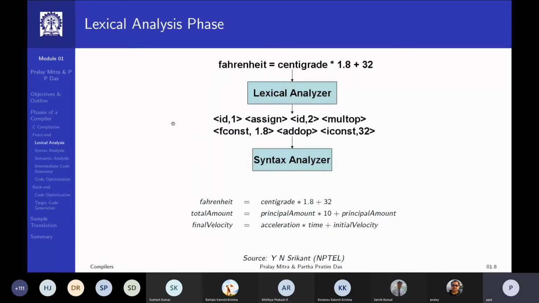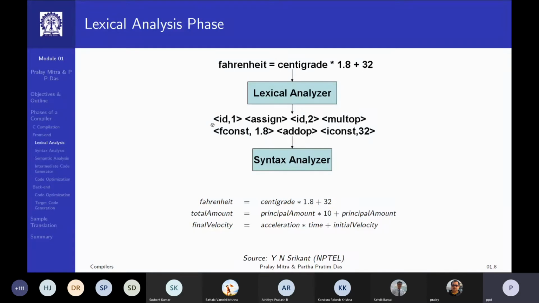Now, these phases. So let's start with handling a very simple arithmetic expression and assignment. We are converting centigrade to Fahrenheit. This is a very typical arithmetic assignment that you will write. So if you look into this and ask, do these names make any particular sense? They actually don't, right? They are written as Fahrenheit, centigrade to be meaningful to the human. But as it is, I can say that Fahrenheit is an identifier and centigrade is an identifier. So I write them as a doublet,